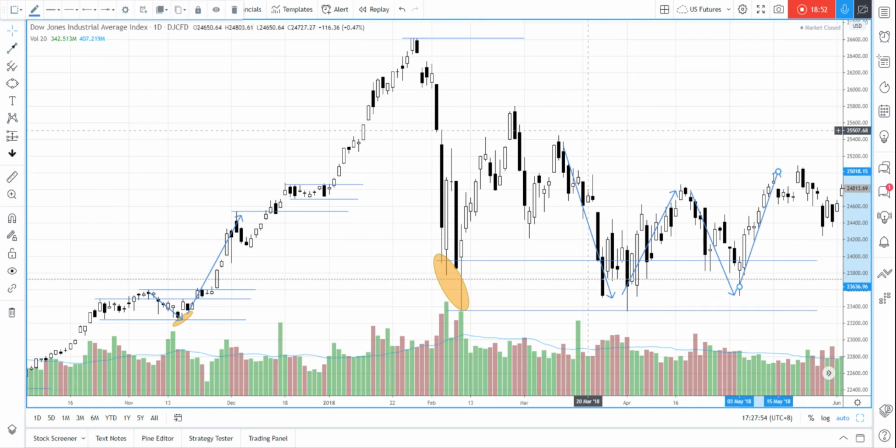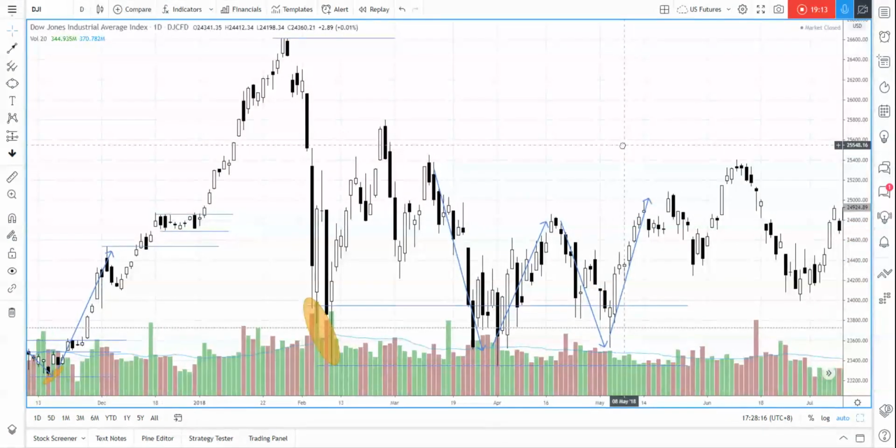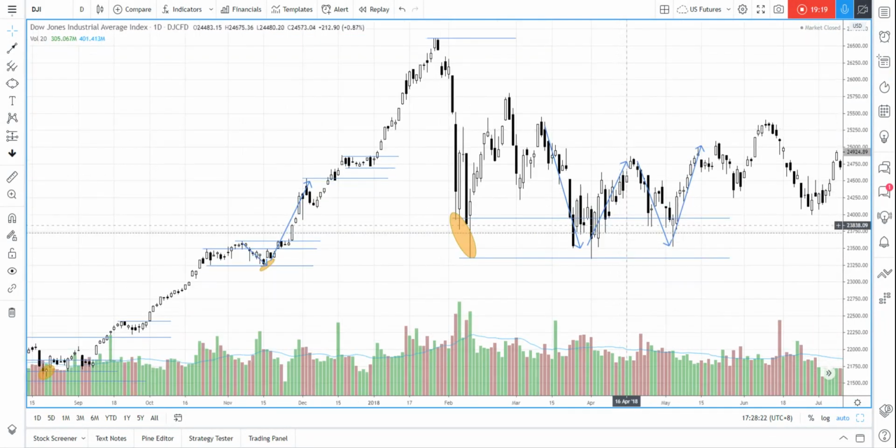So this is how we define the support level, because you can see that this kind of level, area or zone does provide some kind of support, because once the price nears or approaches or enters this zone, it actually bounces up. So this is how you can easily draw support and resistance,